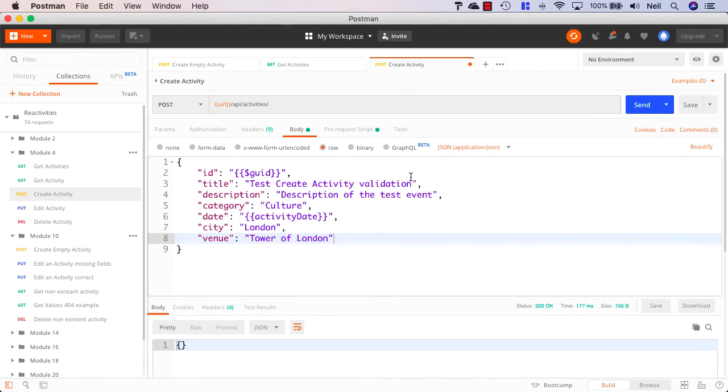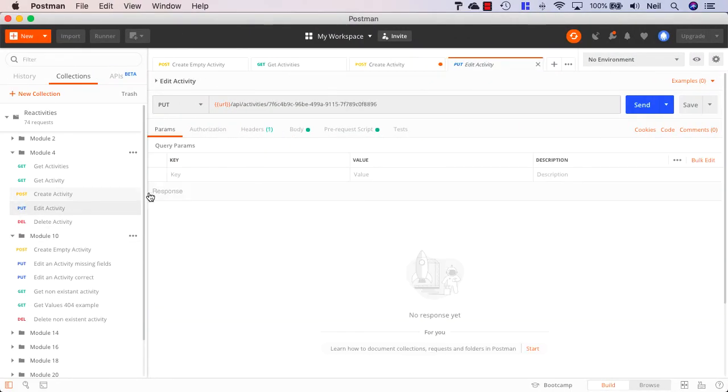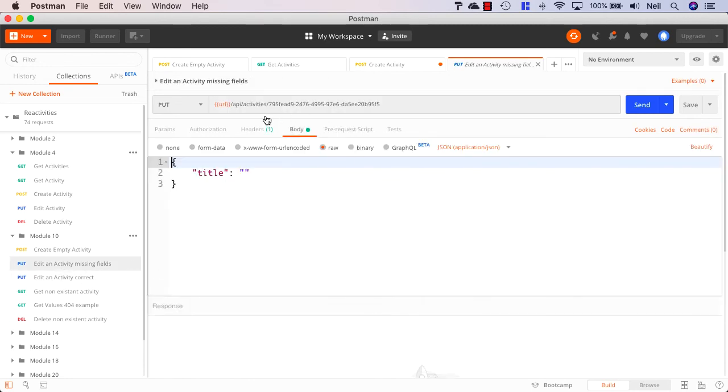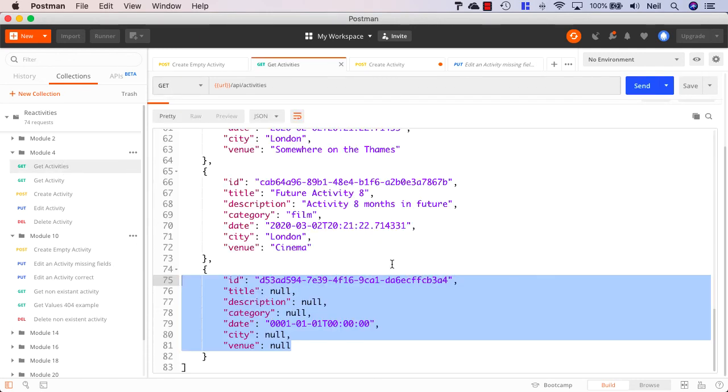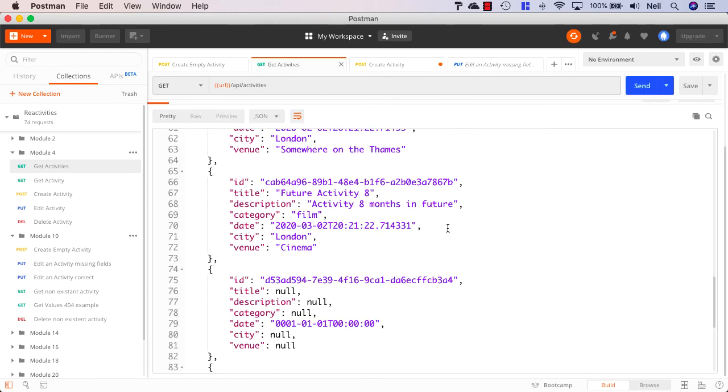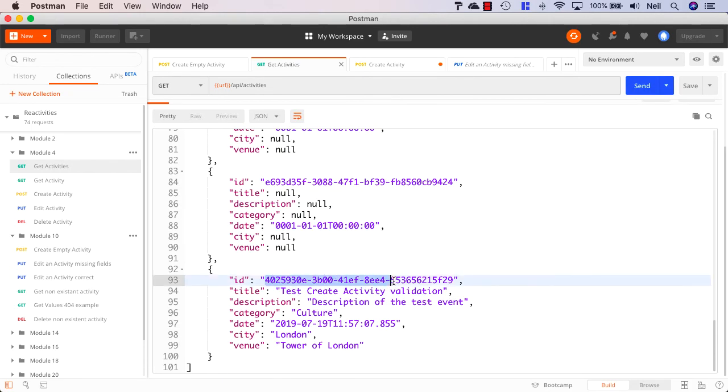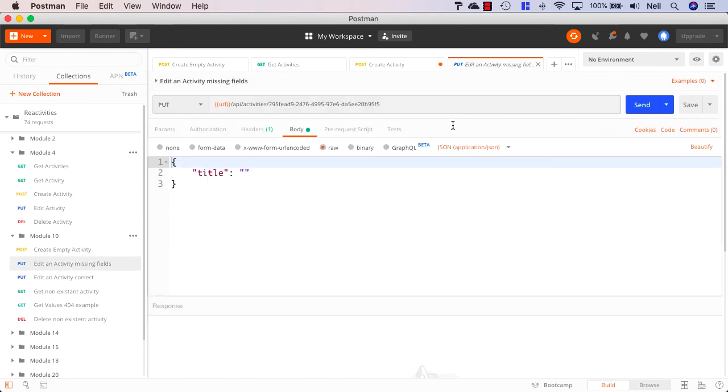So let's test our edit activity, and let's choose this particular request, the edit activity with missing fields. But I do need to get the ID of an activity, so let's get the ID of the activity that we've just created, and I'll paste this into my Postman request to put this, and if I click send,